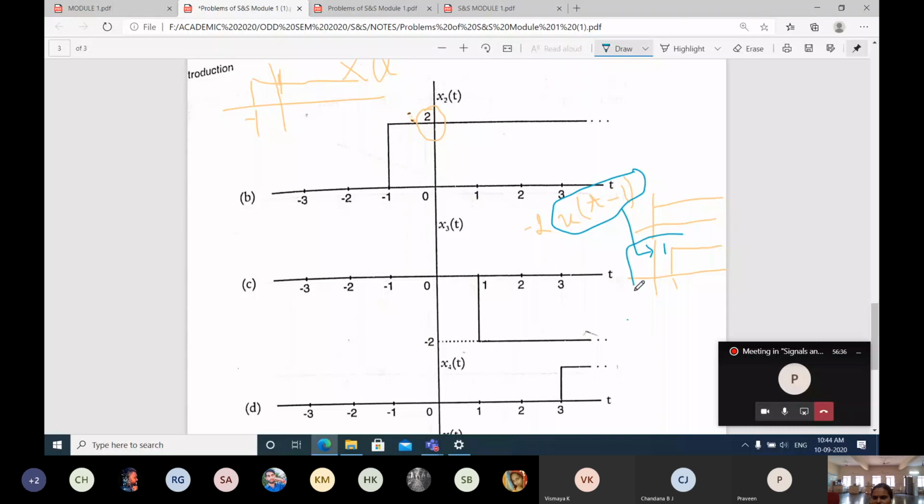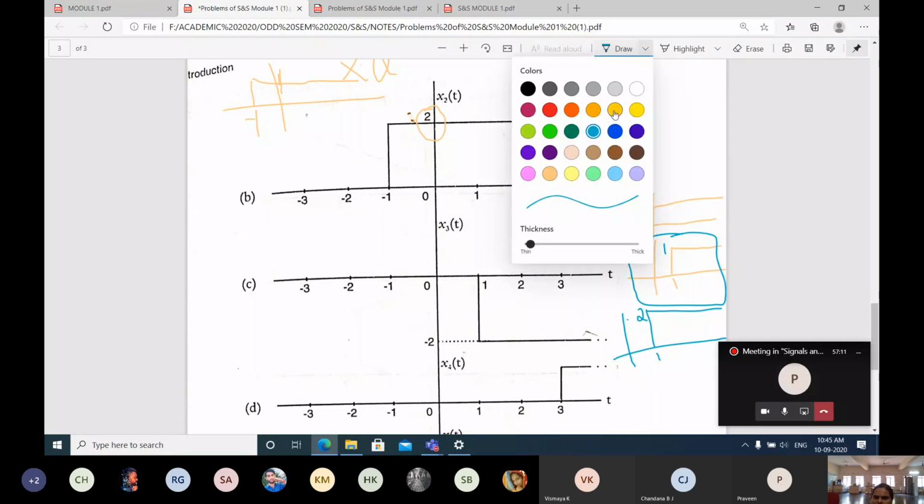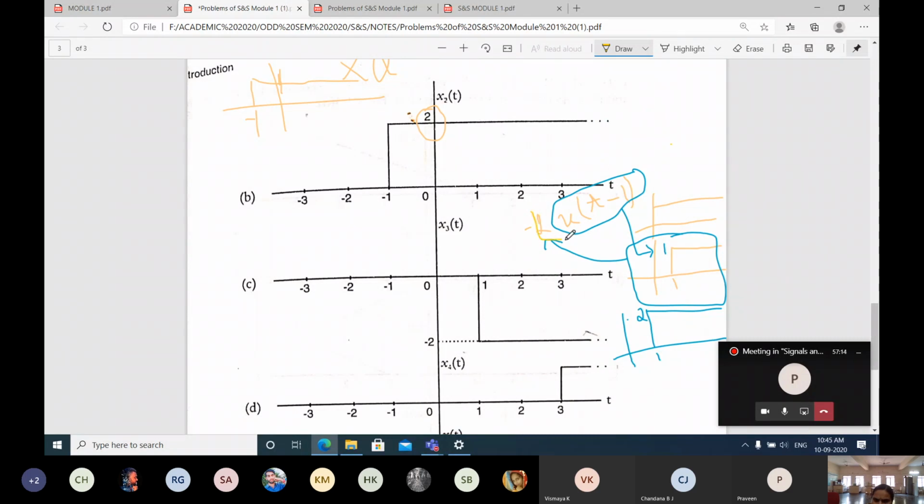Then what do we have to multiply? For this we have to multiply with 2. Correct? For the whole u of t minus 1, we have to multiply the amplitude by 2. Instead of 1, it will be changing. I will draw here again. Instead of 1, it will be going to 2. The signal is going to change to 2. Okay. Up to this position we finished now, right?